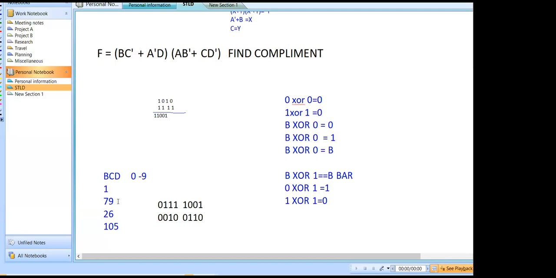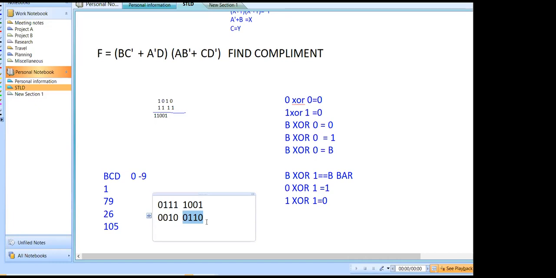Okay, first I will learn how the BCD addition is performed. We have represented 79 in BCD and 26 in BCD. Now we are checking the binary addition. When you are performing the addition of the first nibble, the first 4 bits are called a nibble. When you are performing the addition of the first 4 bits, if the sum is greater than 9, or if you are getting any carry, then that indicates that the result is not in BCD.